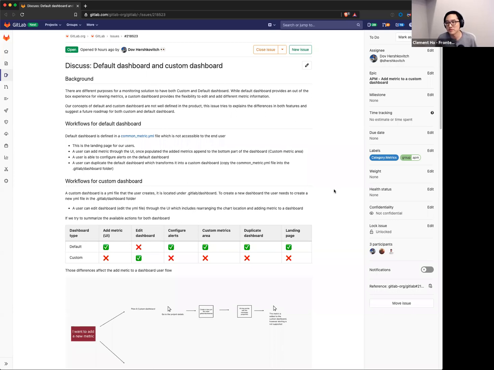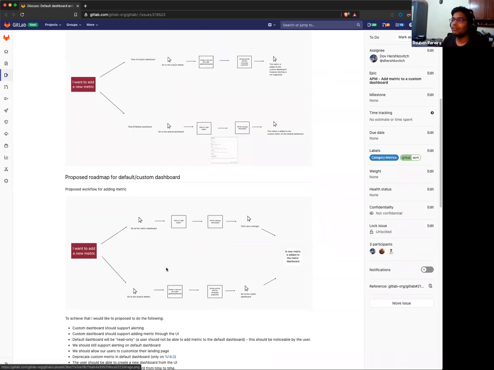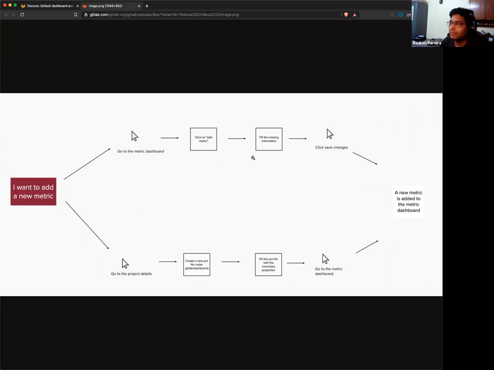Sorry. So in the second image, the proposed roadmap for default/custom dashboard, if you look at the first flow, it says go to metric dashboard, click on add metric, fill the missing information, click save changes. So this adds the new metric to the YAML file, I guess? Yes, this